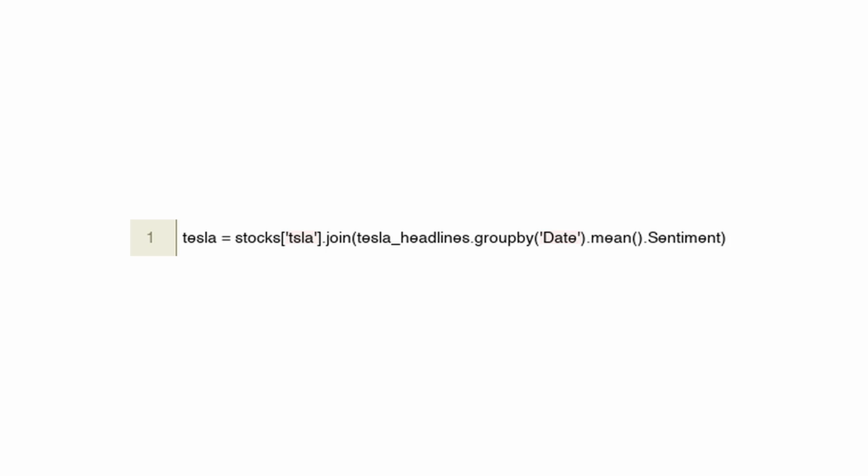If the indices match, the corresponding average sentiment score for each date is added to the stock data frame. The purpose of this code is to merge financial stock data with averaged news sentiment scores on a per-date basis. This could be useful for financial analysis to determine the potential impact of news sentiment on stock performance. By appending sentiment scores to the stock data, the analysis can include the insights from news sentiment alongside traditional financial